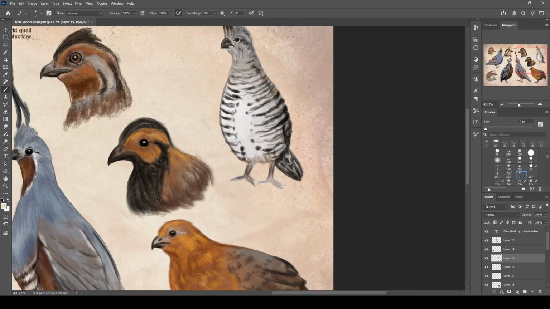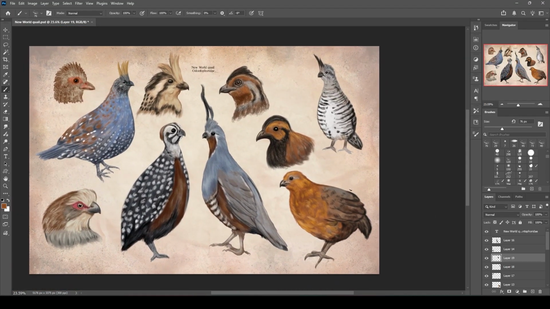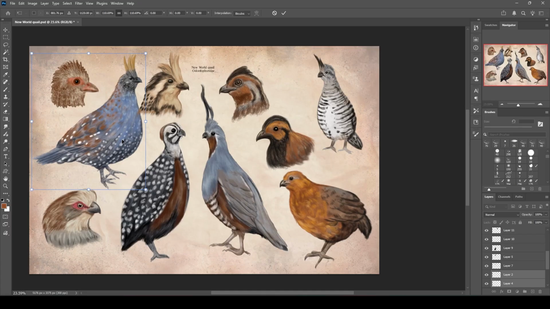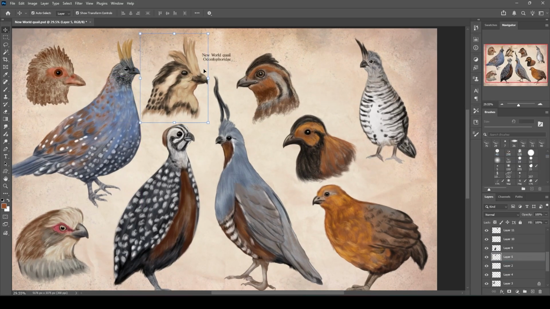Especially, these were nice inspiration for creature design, and there were many different ideas for costume design like patterns, fur, feathers, headpieces, crests. So I really had fun working with the New World quail, and I'm looking forward to my next study,